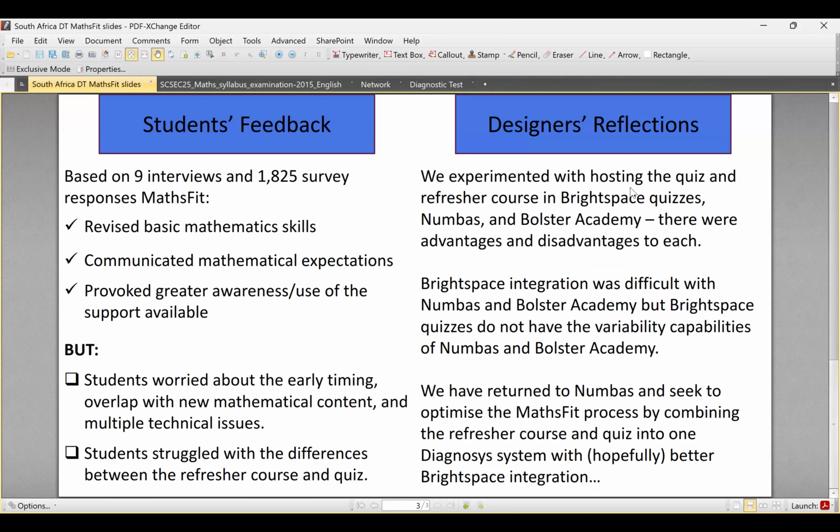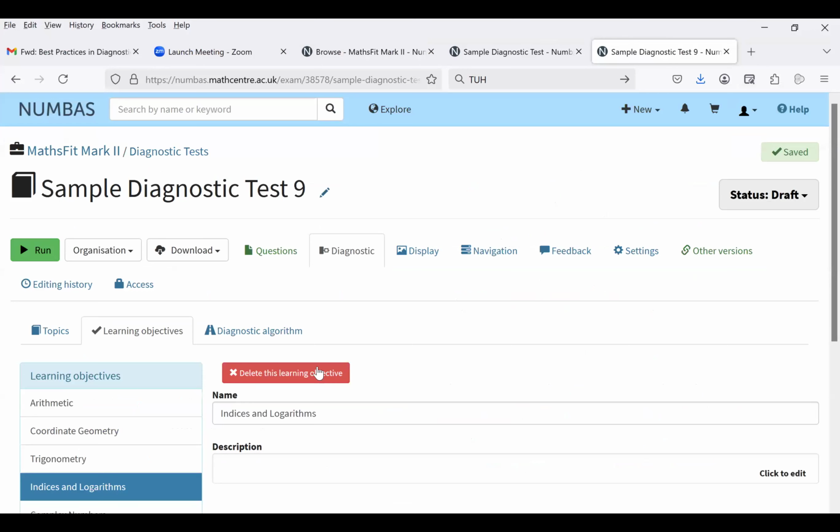So maybe if I can share something else. Let me see. Yeah. If I share this one here, now hopefully you can see that. Has everything worked? Yep, we've got the Numbas screen up. Yep. Okay, so this is